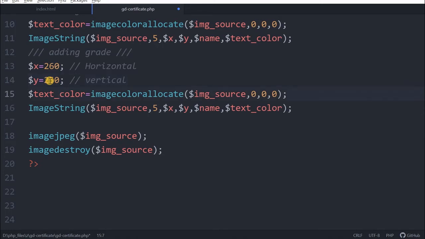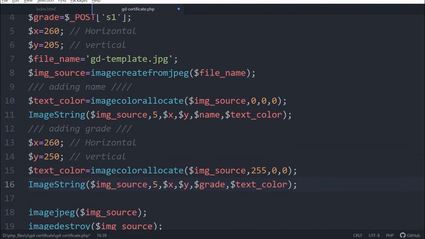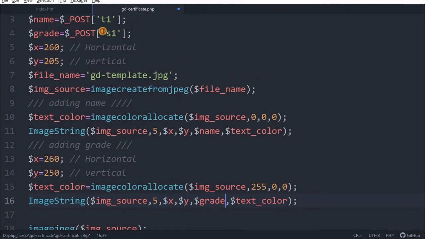That's all. Okay, then I will change the color slightly. I will put the color as 255, so I'll go with red color. So RGB, red, green, blue. Now here I will use grade. Where did I get this variable grade from? I have taken it from here. You can see the grade is posted as S1.